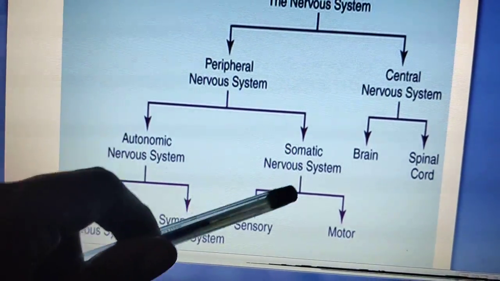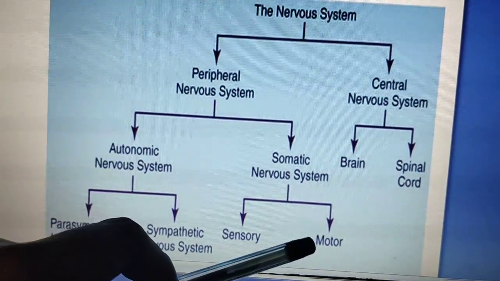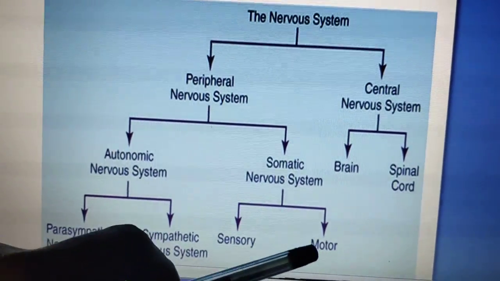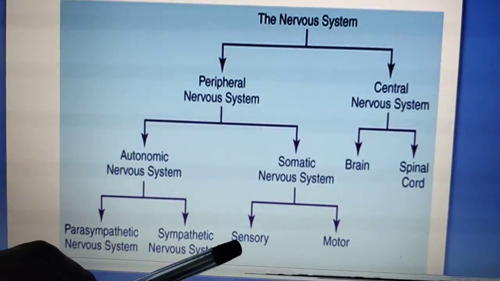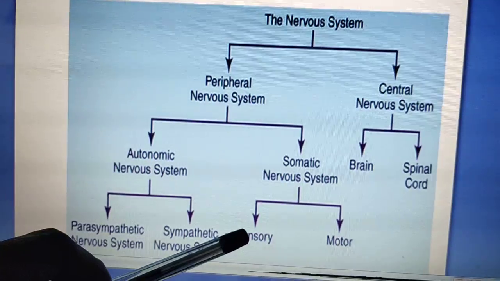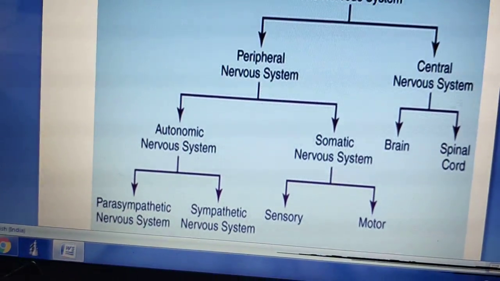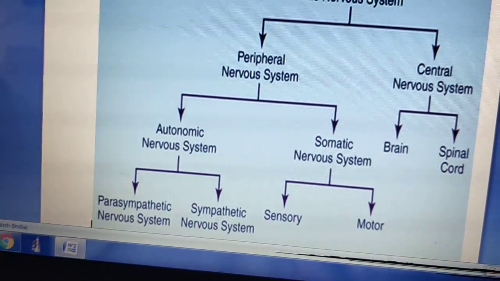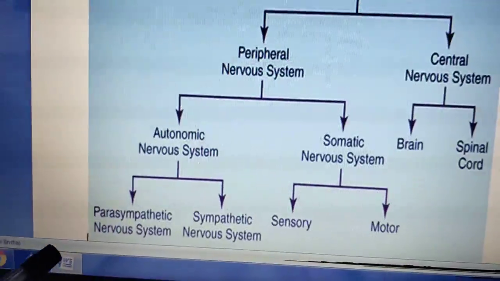Soma means what? Body. It is external, we can say. See, motor means all your working, doing, all that is motor. Sensory means we are perceiving some sense, some stimulus in the environment, that we call sensory. Whereas the autonomic nervous system is composed of a sympathetic nervous system and a parasympathetic nervous system.